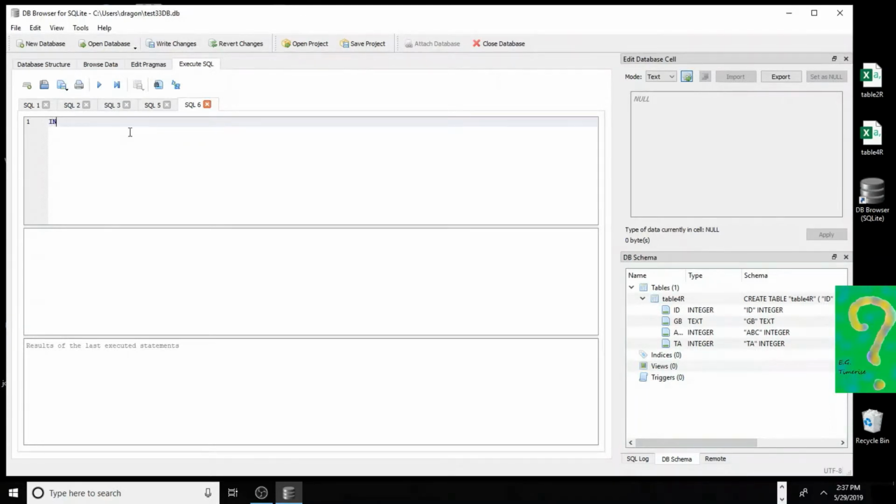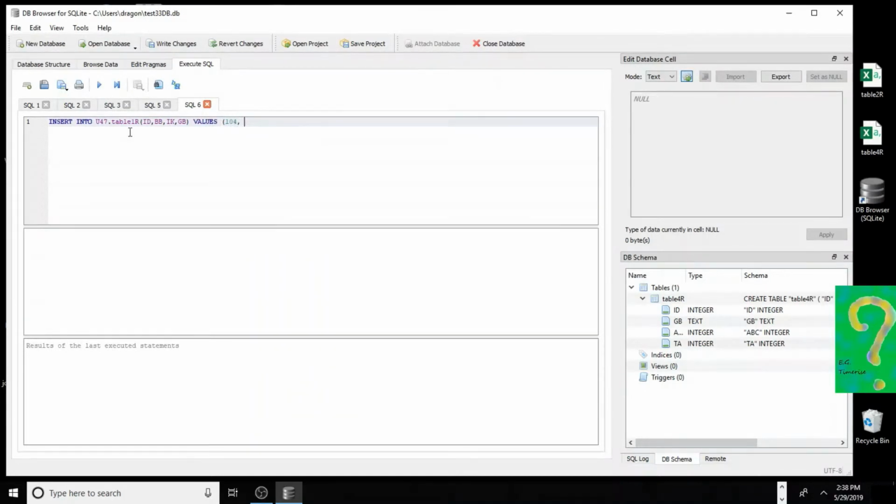So insert into U47 table 1r ID, BB, IK, GB, values